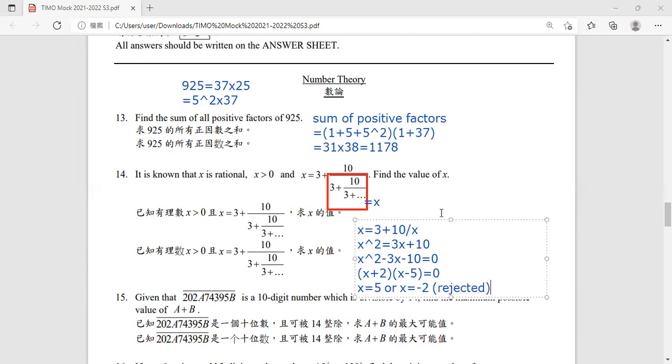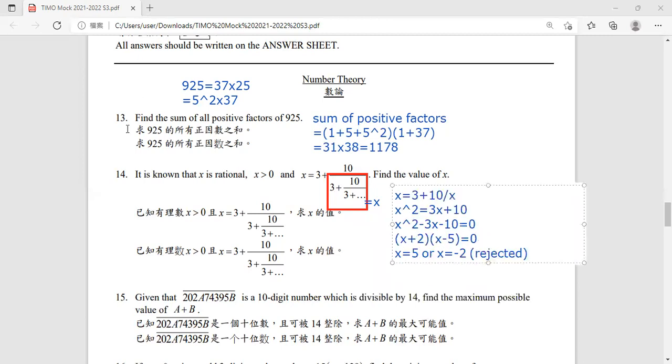It's the same. You find that it's the same as the question before. Nothing special. Okay. Now,